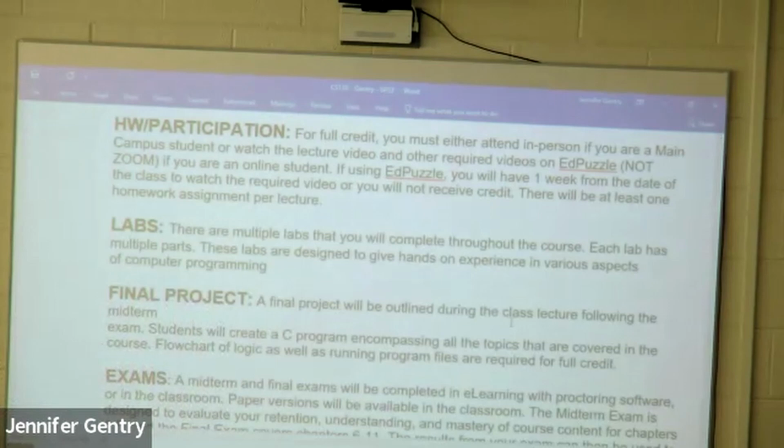Okay, each lab may have multiple parts, like the first lab is gonna have one part because it's that GitHub lab. Lab number 2, which is gonna be for this week as well, I think has 3 different parts. Most of the times part B is gonna build on part A. So for this, I think part A is like print something to the screen, and then part B is